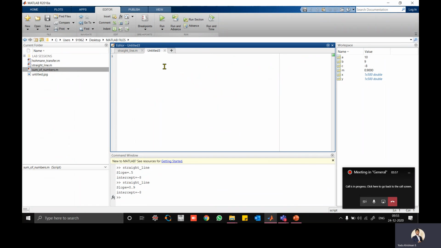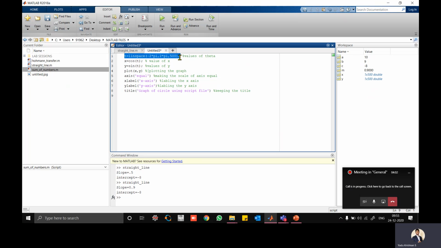I'm opening a new script. I divided the space from minus 2 pi to 2 pi, and I have given 500 points, right? x equals cos t, y equals sin t.